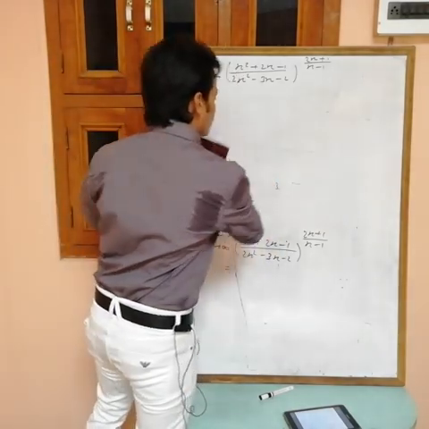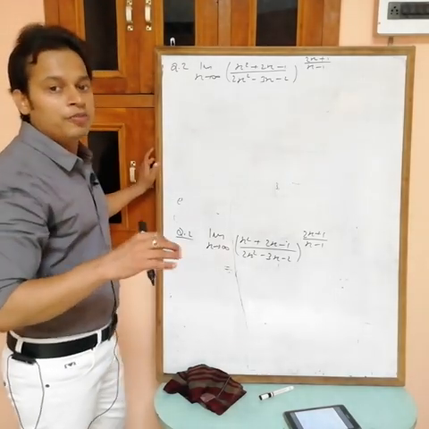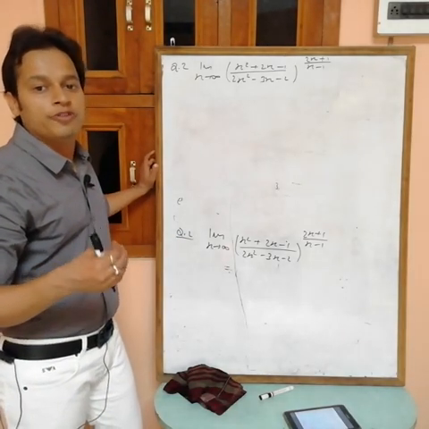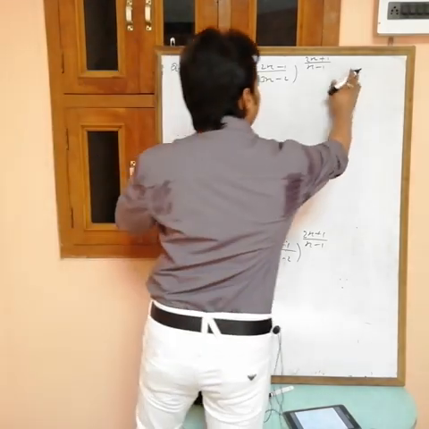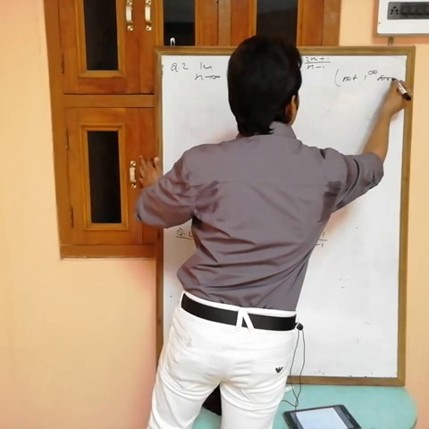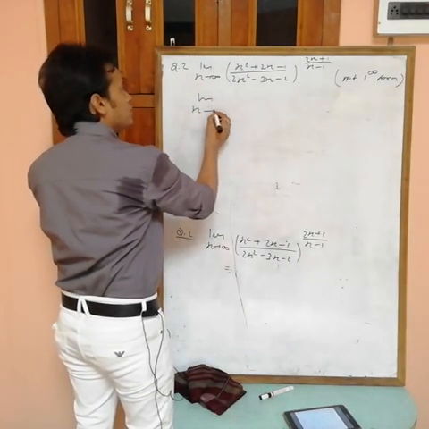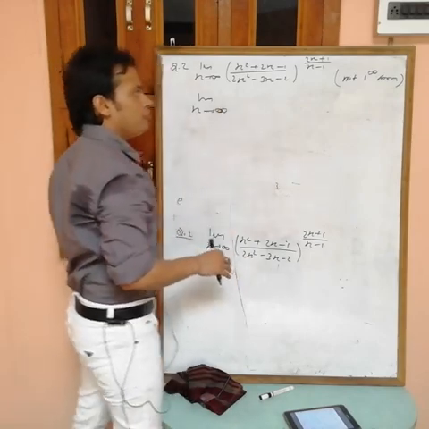So for this one, you can't use the formula of the 1 power infinity form, which means e power limit x tending to infinity of (f(x) − 1) into g(x). This is not a 1 power infinity form, so you can't use the formula. Then same thing for x tending to infinity, what we have to do?